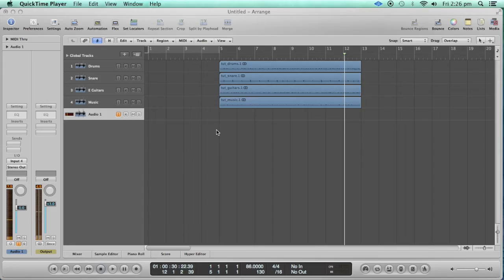Hi, this is Amit from Beatfactory, and today I'm going to show you a very simple technique to make your snare sound pop out a little more. And this is especially useful if you're using acoustic sounding snare